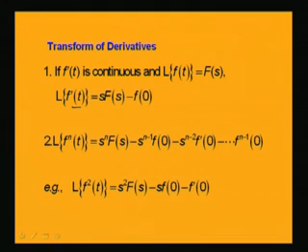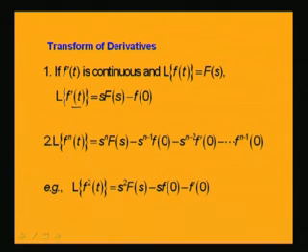You can remember this easily in this way. The power of s is decreasing. This is s to the power n, then the next term, with a negative sign, s to the power n minus 1, next term s to the power n minus 2. In this way the power will decrease, but for the function, the first term is f(0), the second term is the derivative at 0, the third term will be the second derivative at 0. In that way it will go on increasing, and the last term will be the n minus 1 derivative of f at the initial condition t equal to 0.